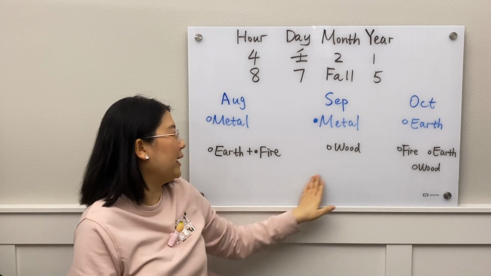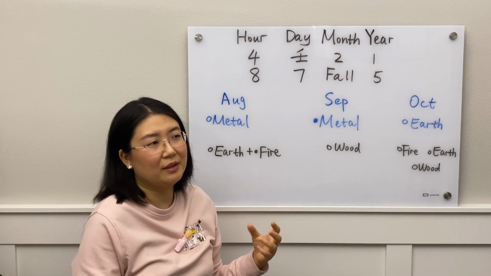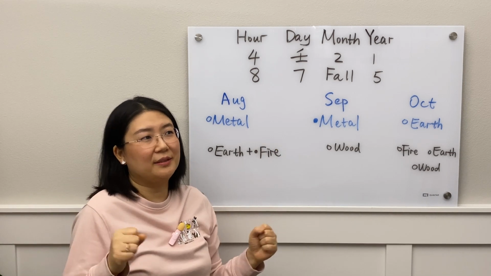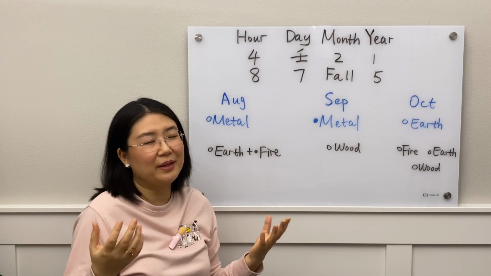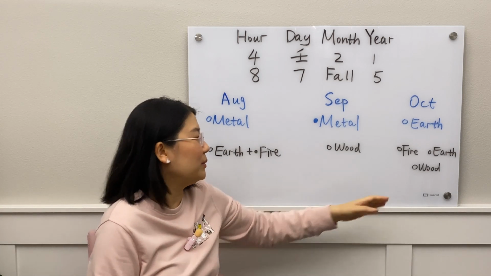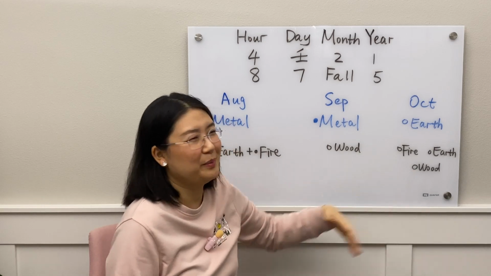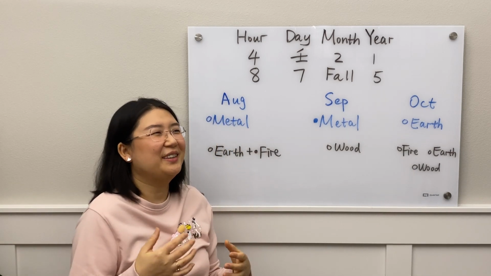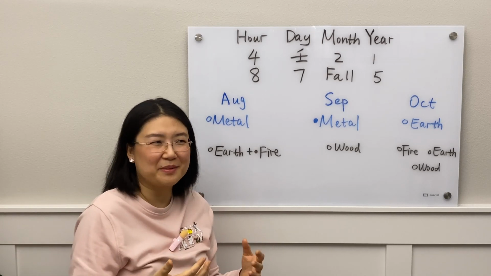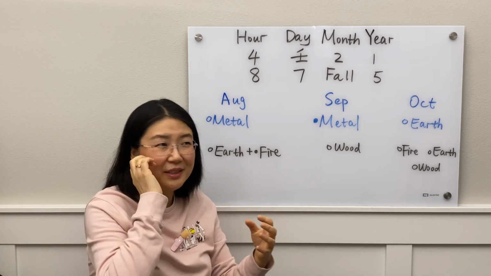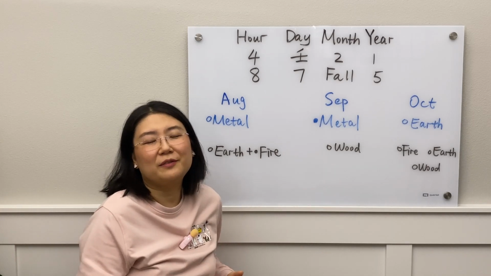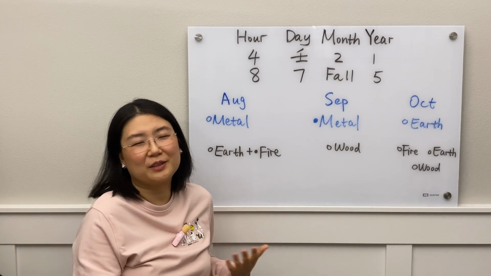But this is all based on the ancient books' theoretical answer, which they always give you the best answer, the 100% answer. But in reality, when we analyze real cases, I wouldn't say, oh, October has to see this to have a very good life. There's plan B, plan C, or other alternative answers, maybe not as ideal, but just as good. So that's why in the next episode, I'll share a few case studies to further illustrate this point.